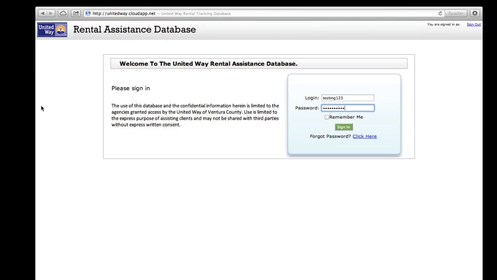Welcome to the United Way Rental Assistance Database. I'll be showing you how to use this database to create client records and edit those records, as well as create reports from the records that are in the database. So to access the database, go to